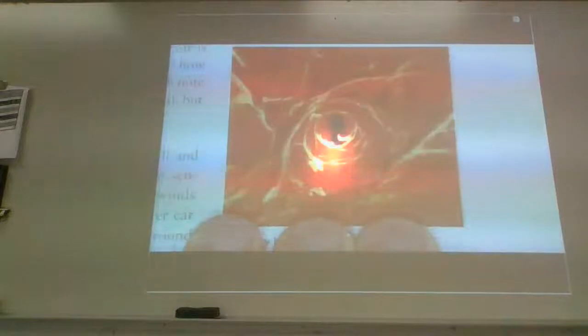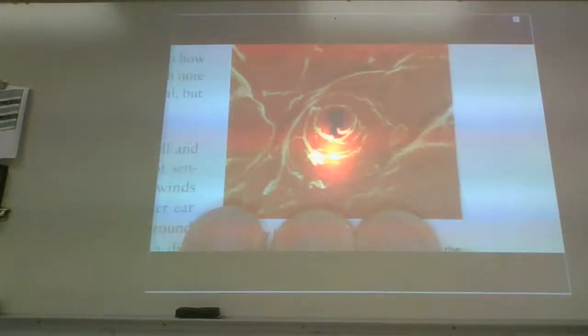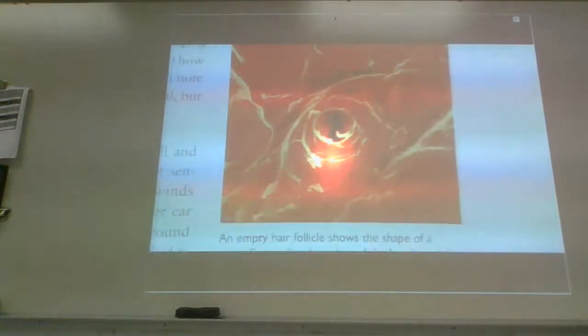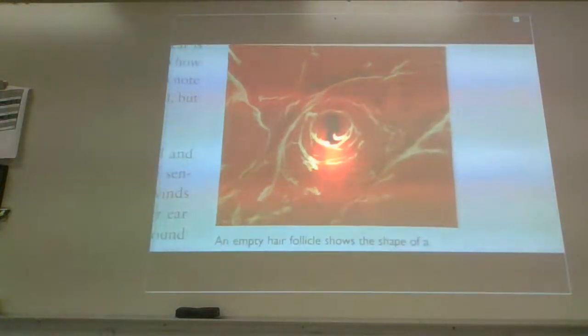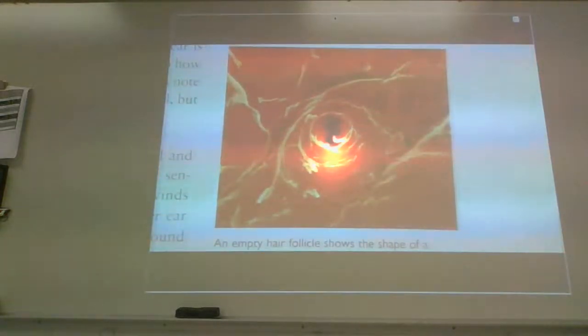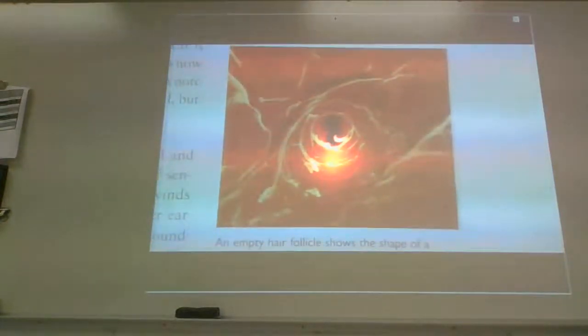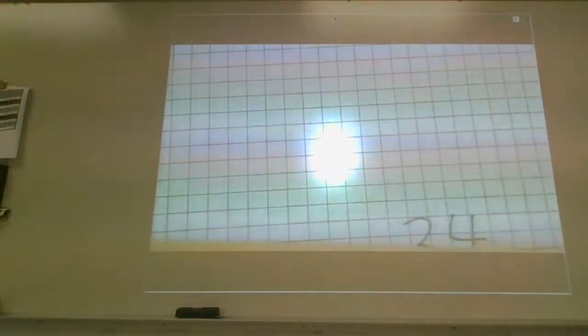Look at this one right here. This one's really messed up. The coloring's a little off. But this is actually an empty hair follicle. An empty hair follicle. Again, showing that spiral, not any type of spiral, but most spirals that are naturally created in the world expand at a ratio of phi. It is absolutely insane the way that this thing goes.